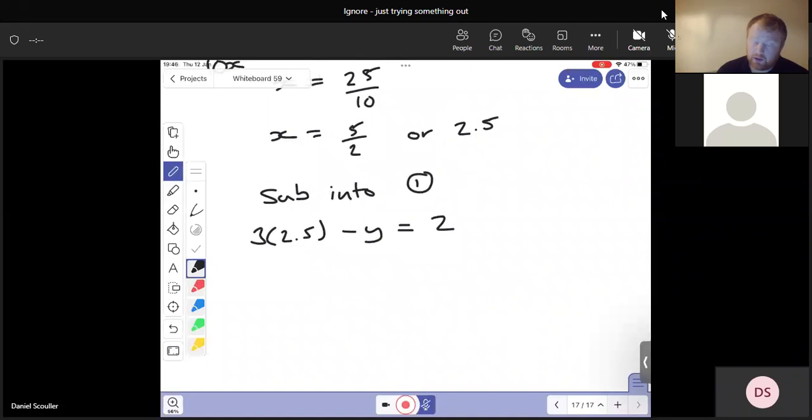Now we need to do 3 times 2.5. Again, because there's a wee decimal in there, it makes things a wee bit more difficult. But that level of multiplication you should be able to do. Okay, so 2.5 times 3. You've got 2.5 plus 2.5, which is 5, plus 2.5, which is 7.5. So your answer would be 7.5